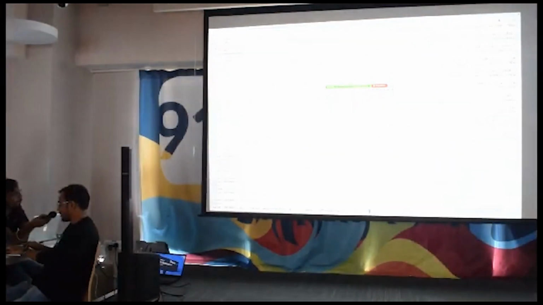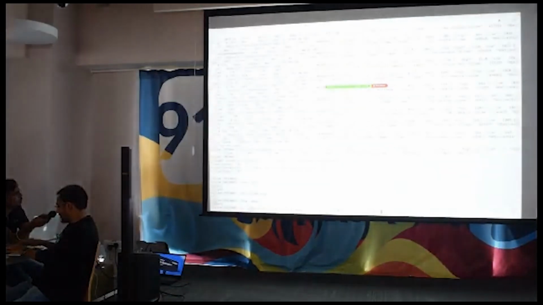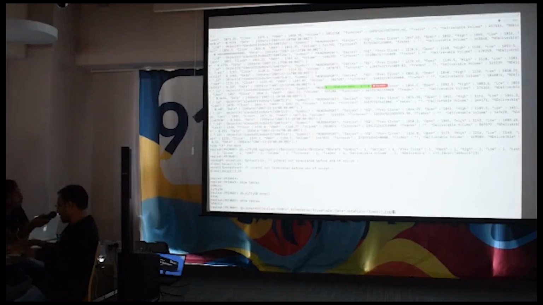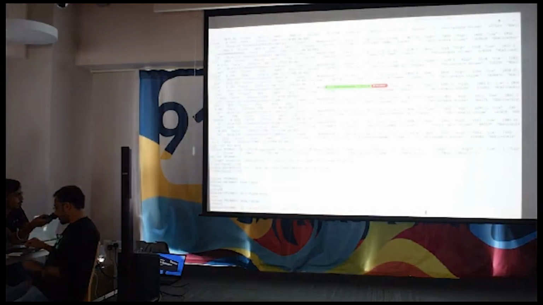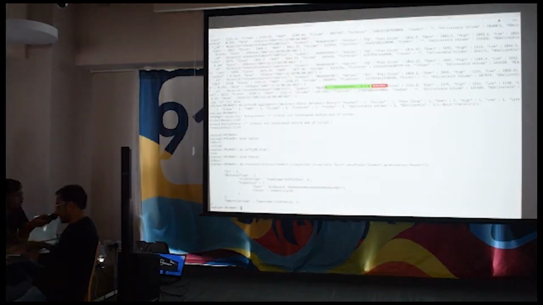Yes, symbol will be the meta field, and granularity will be the highest one that we can have. Here it is in days, but granularity, I'm very bad at spelling. Okay, hours. So the highest granularity that we can give is hours, days is not there. Okay. So with that, we can have our time series collection created, and if we do show tables, right, show collections, it should be. I am from a MySQL background, so I use